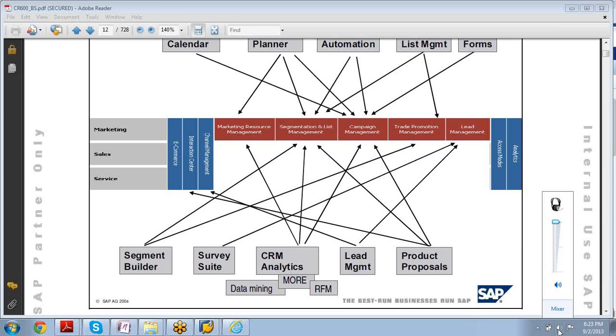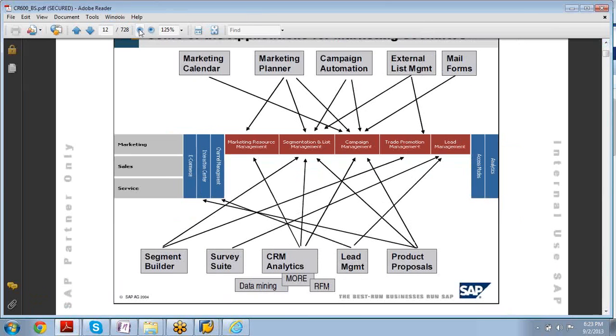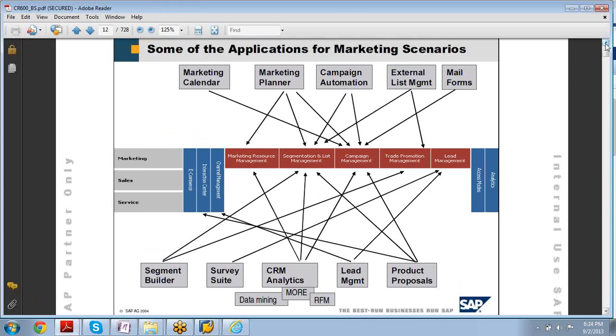I was just saying that this diagram looks like a spider web. Arrows going everywhere. Absolutely. That's the reason this integration becomes difficult. Concentration on the customization: when we go to an implementation, SAP has already provided the steps you have to follow when you want to configure marketing planner. There are some documents already given by SAP.